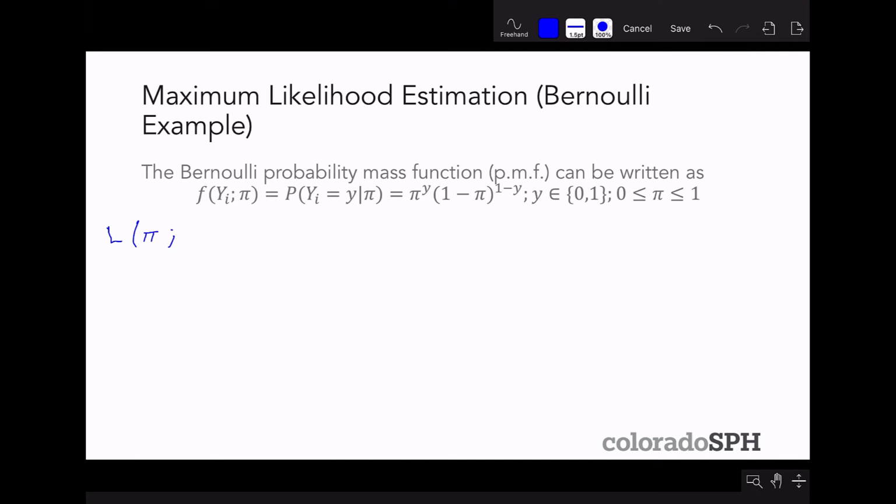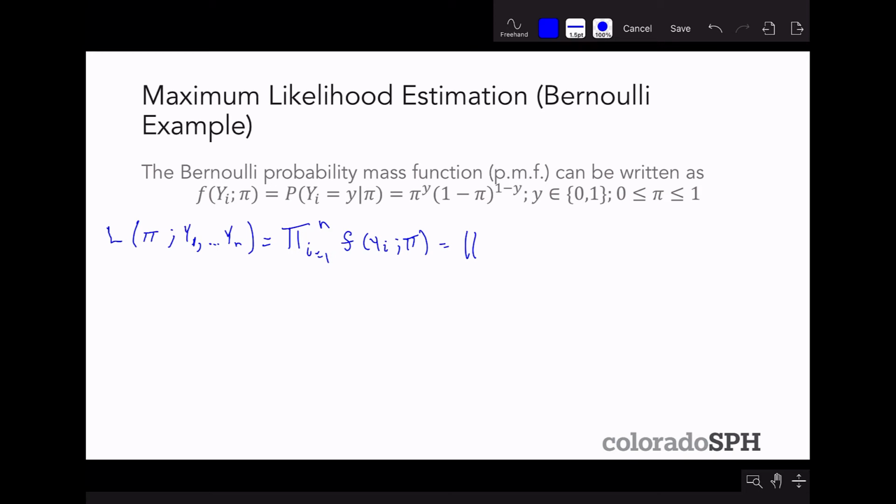So it's the likelihood of theta given y1 all the way up to yn, is equal to the product from i equals 1 to n of the PMF of yi given pi, which is then equal to